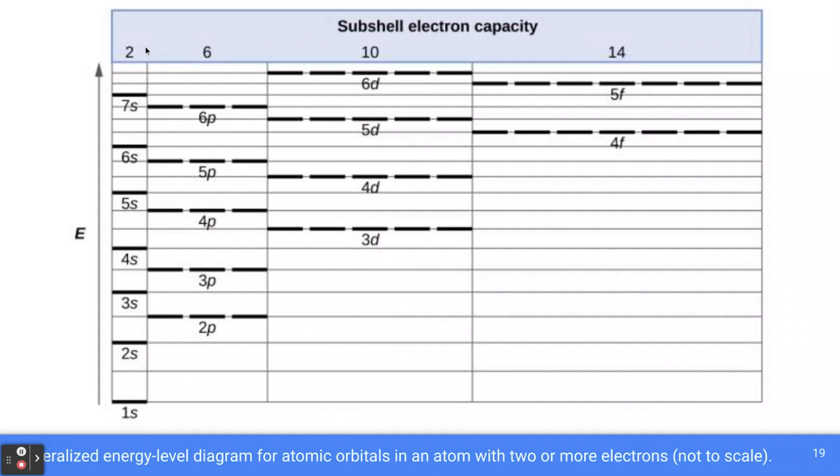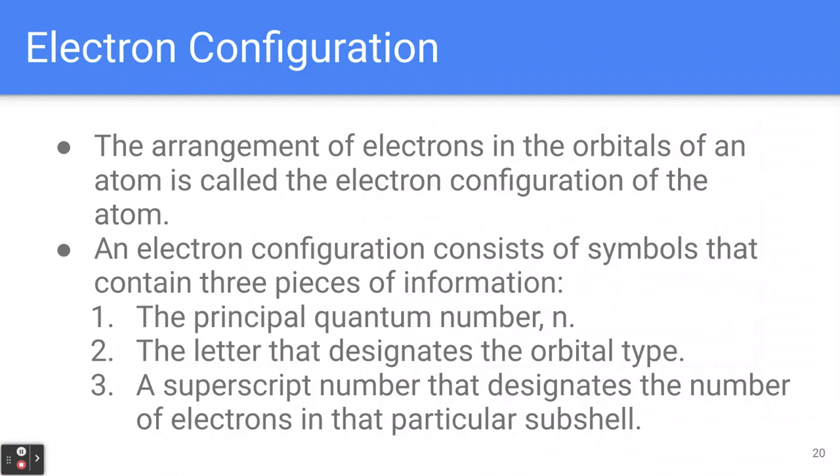If you take a look at the capacity, all of your S's can hold 2 electrons, all of your P's can hold 6, your D's can hold 10, and your F's can hold 14. But if we take a look, the S's are always lowest of the number. So 1S, 2S is next lowest, 2P is next lowest, 3S, 3P, 4S, 3D, then 4P, and so on. And if we think about how to write an electron configuration, we first need to start with